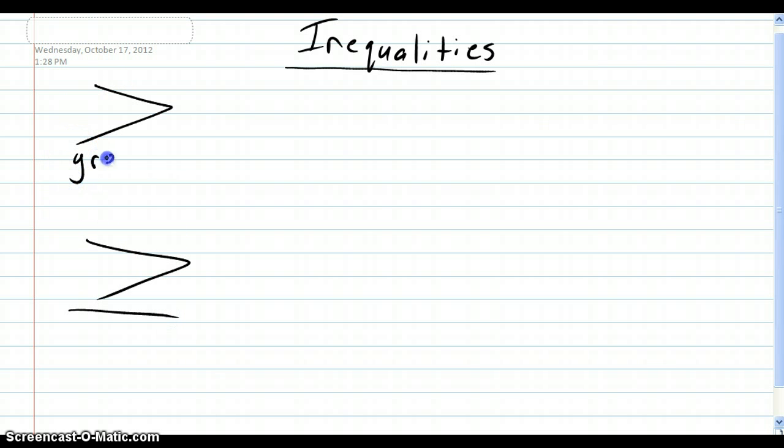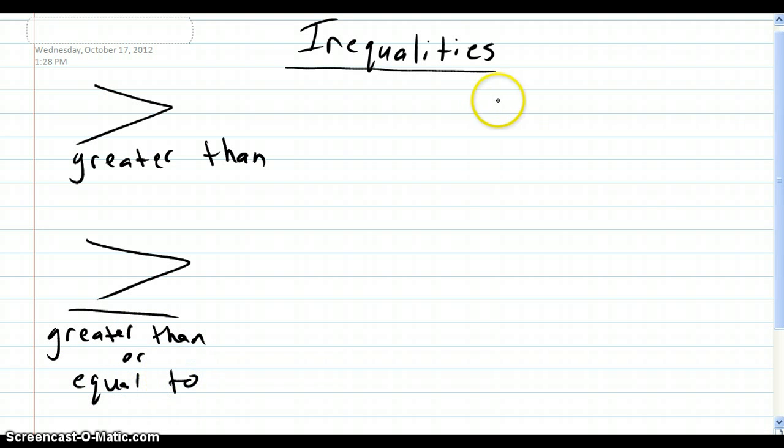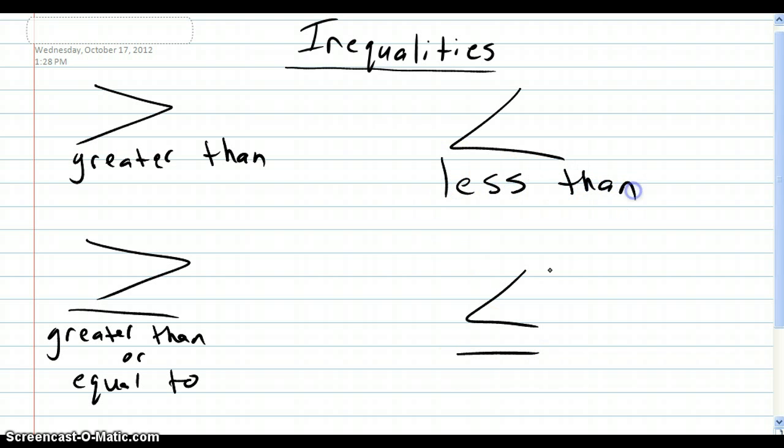So this is greater than, and greater than or equal to. Then there is less than and less than or equal to. So less than, or less than or equal to. Now, I don't know how they taught you in middle school, like, oh, the Pac-Man or alligator, whatever